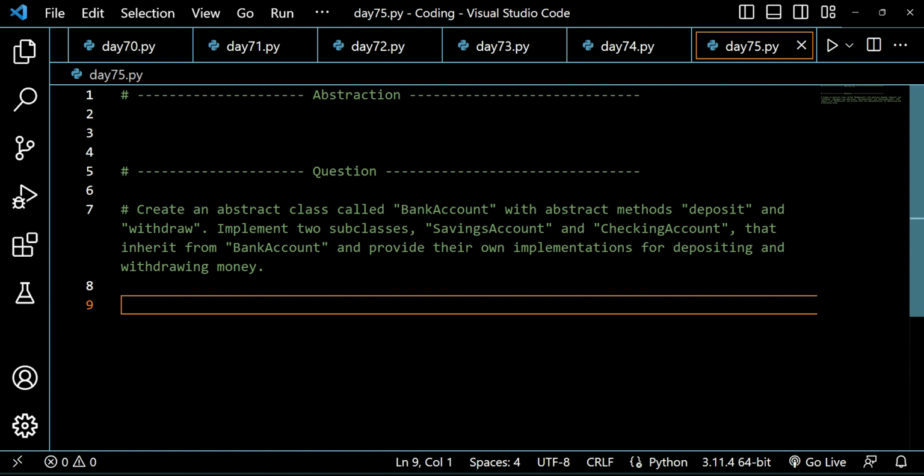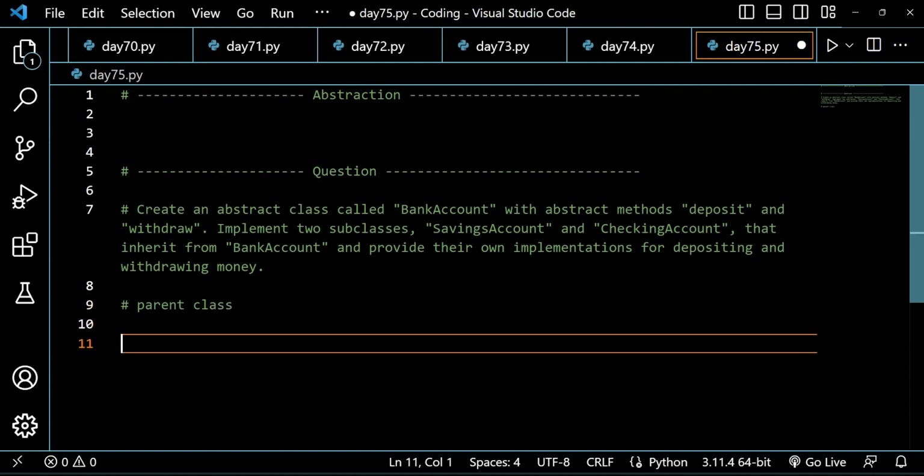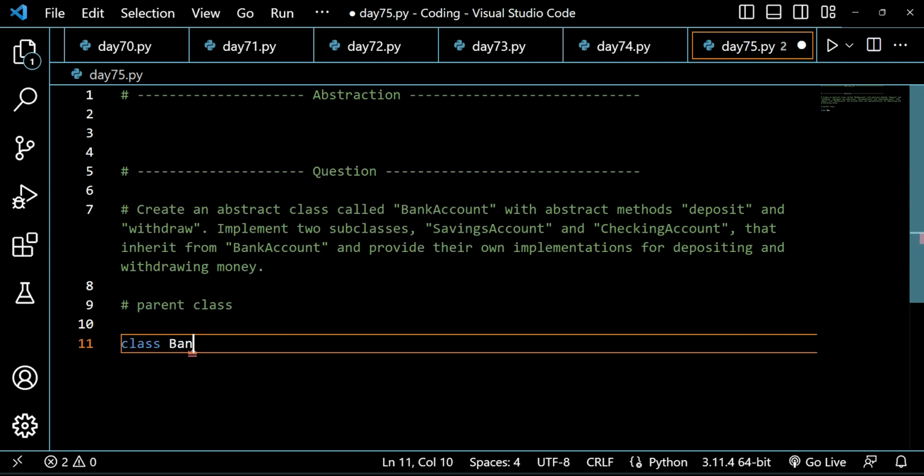If you solve this question on your own first, that would be very great. And if you are unable to solve it, then of course you can watch my tutorial, but I encourage you to do it on your own first. So let's try this question, and let's start by creating a parent class. So we have a parent class called BankAccount,